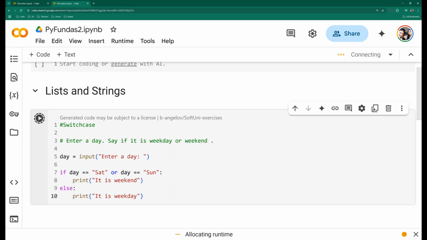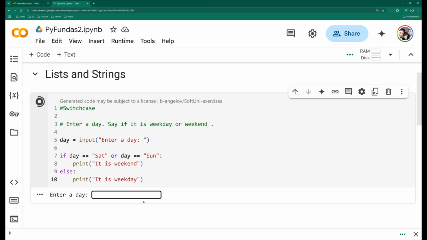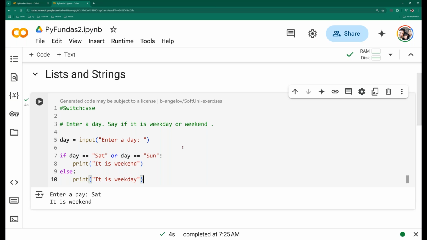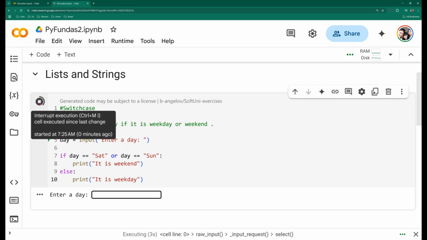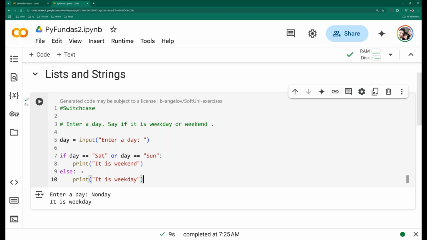Let's write. I'm sorry, it's connecting. So I reconnected to the server, so it's giving me computing space. Let's enter Saturday, and yeah, it runs. And whenever you're testing your code, you gotta give positive inputs and negative cases, where I'll say non-day. What would it do? It says it's weekday because it has not taken care of the other logic, where I'm saying